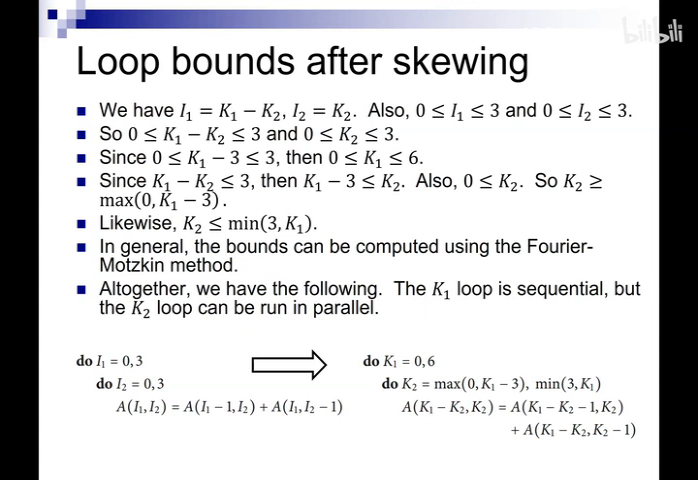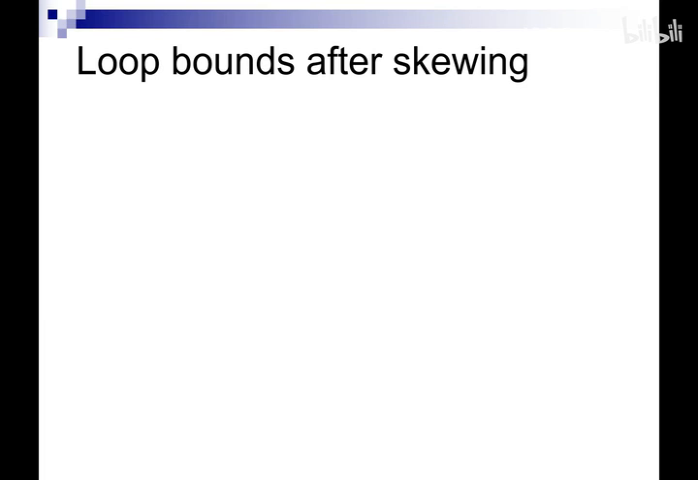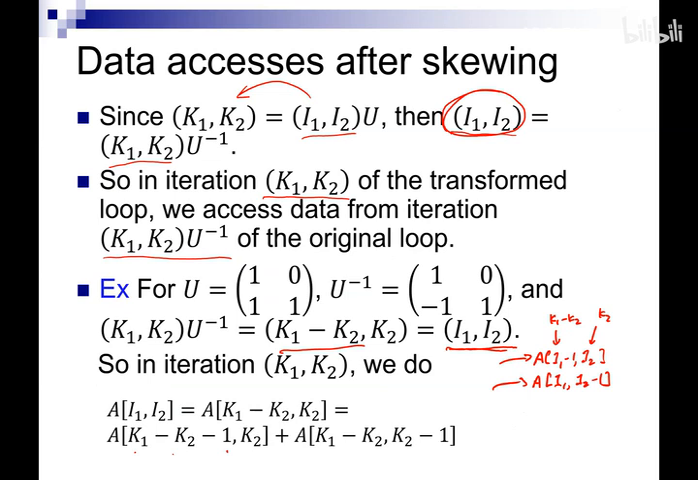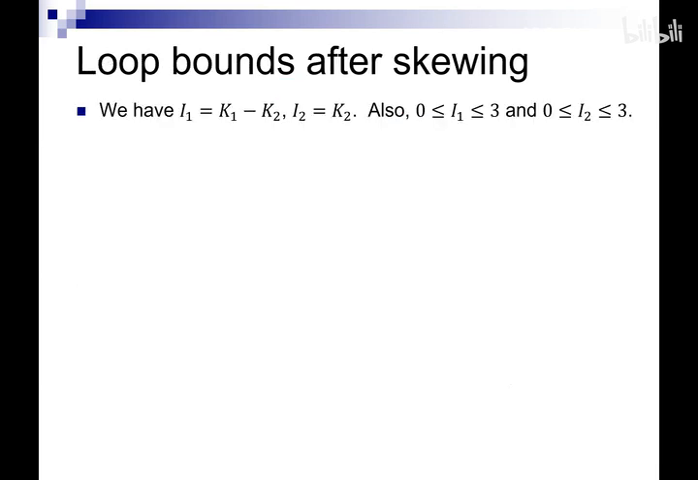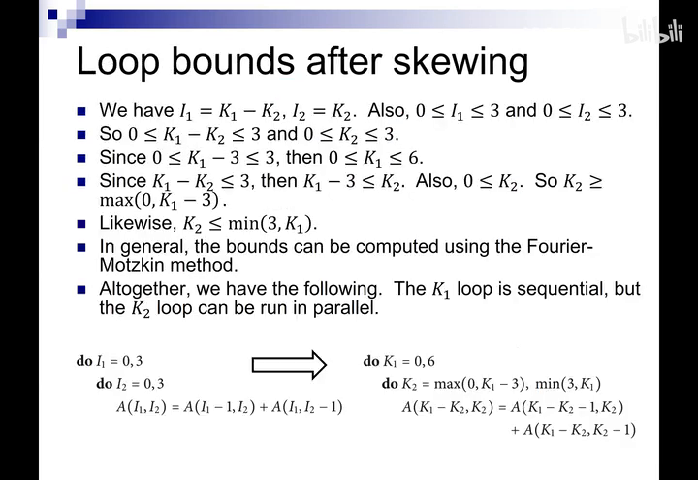Okay, so now we're going to put all this stuff together. We've figured out that we have this transformation which is legal, and it's parallelizable. We looked at which data items are being accessed over here, and then we looked at the loop bounds over here. So this means that we're going to do this entire transformation from the I iterations to the